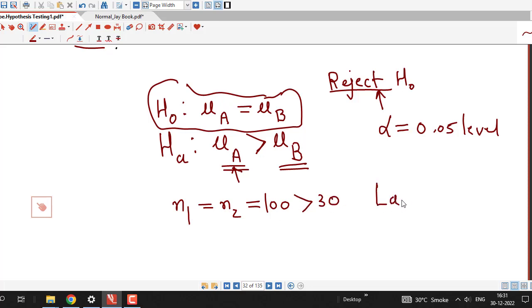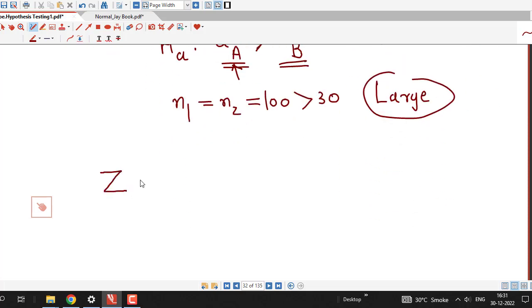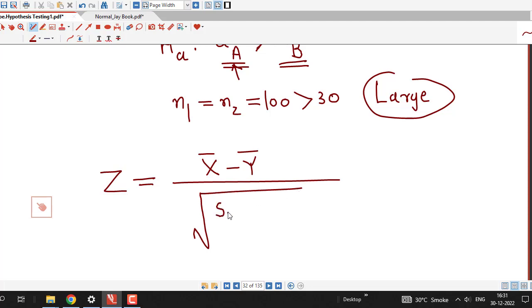That means we have large samples, therefore we can apply the two sample Z test, and as I discussed, the two sample Z statistic is x bar minus y bar divided by square root of s A square divided by n suffix A. I denote this by x bar A and x bar B,